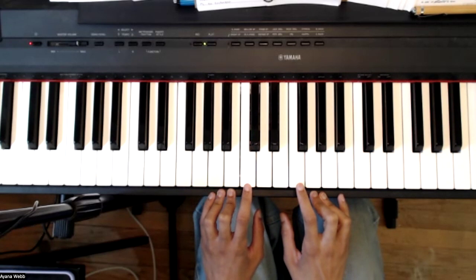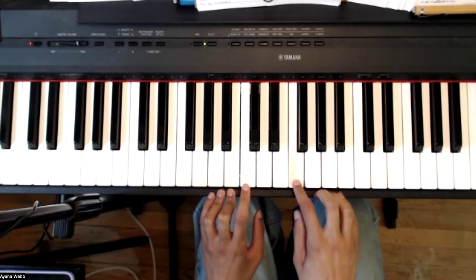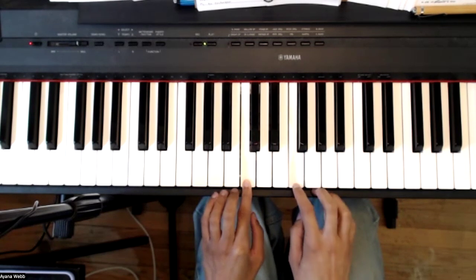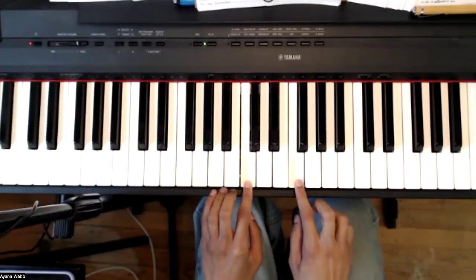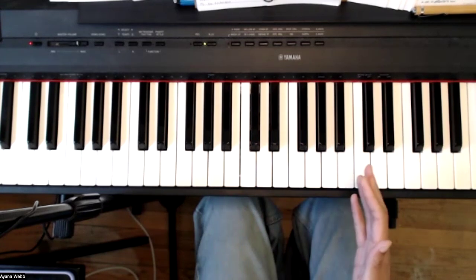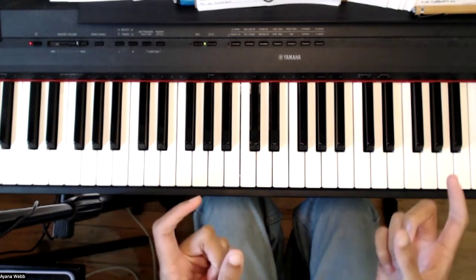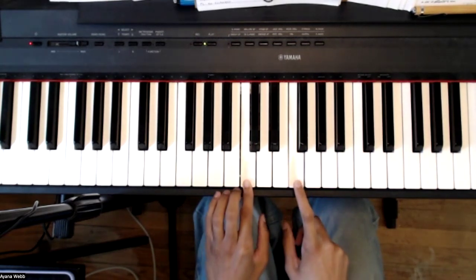Now let's take F, for example. We're not going to do all the keys, we're just going to start with the simple ones. So F is going to be even further than E. So if we hear C, we can hear that there is a bit more of a distance. So a good reference between C and F, right, is Here Comes the Bride. So Here Comes the Bride is the exact distance between those notes as C is to F, right? So again,